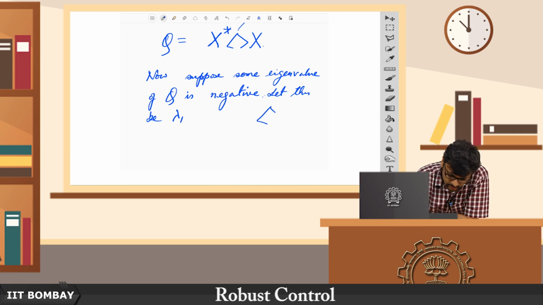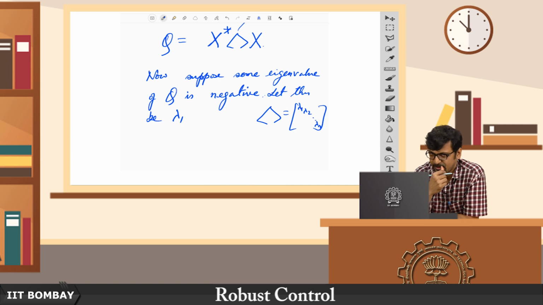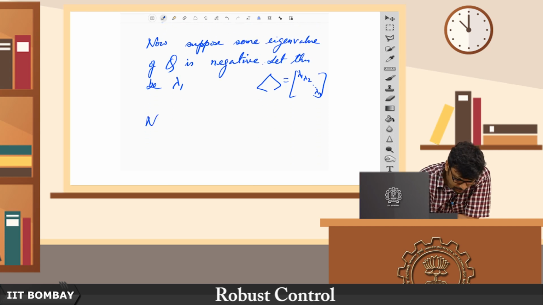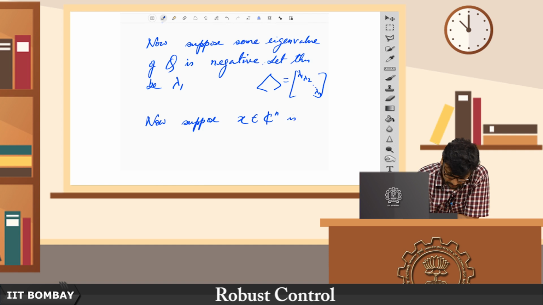So, what is this lambda 1? This is basically, if I order it, give it some order, then this is lambda 1, lambda 2, like this till lambda n. So, suppose lambda 1 is negative, already we know it is going to be real. So, in addition to that, we are imposing the condition that it is negative. Now, suppose x belonging to Cn is such that